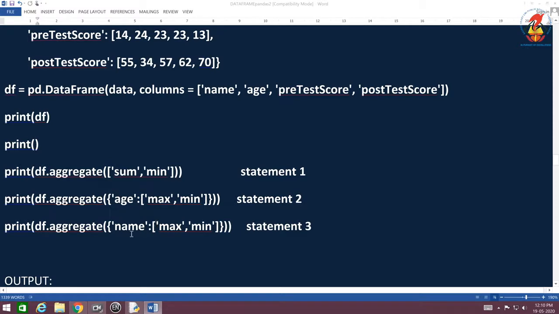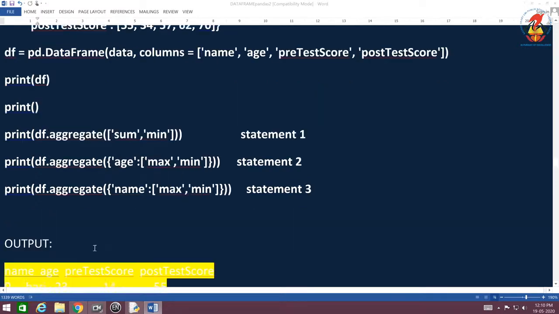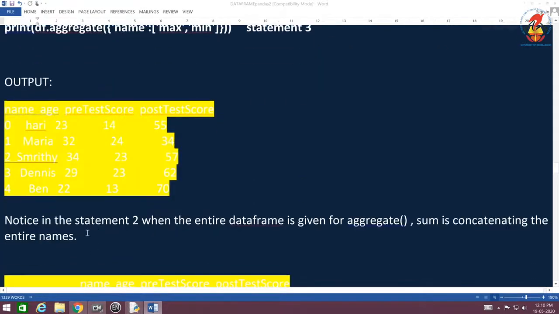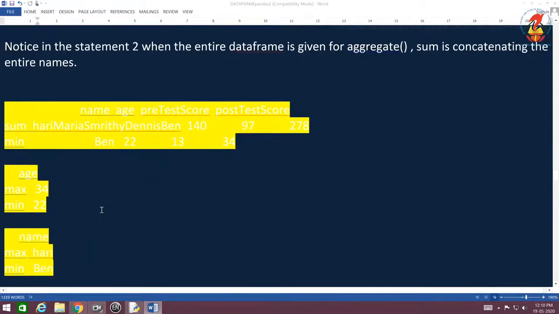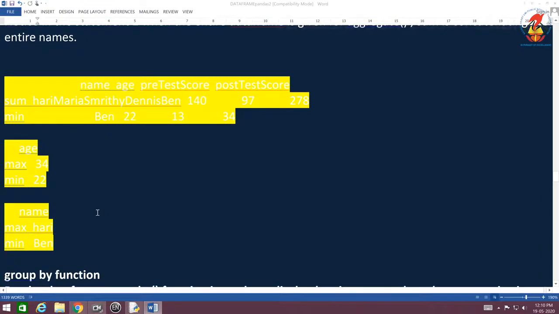So that's with your aggregation, and the output which we just discussed is shown here also. The entire data frame is aggregated, and this is how the output comes. We already saw it, it's easy to understand what's happening. So I hope aggregate is much easier than what you were expecting, isn't it?